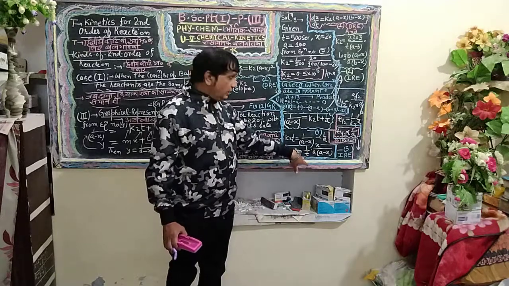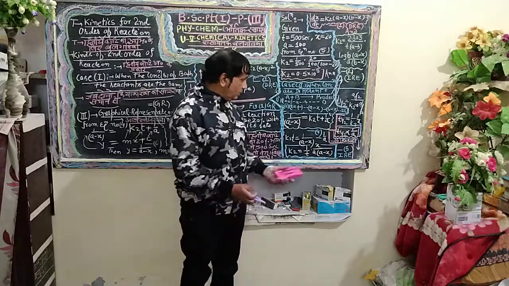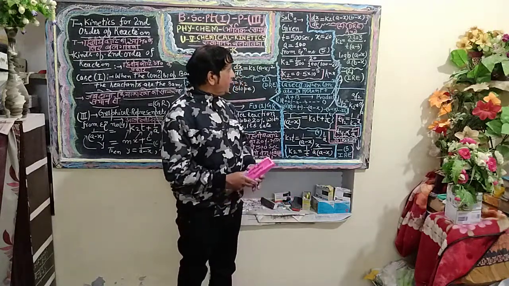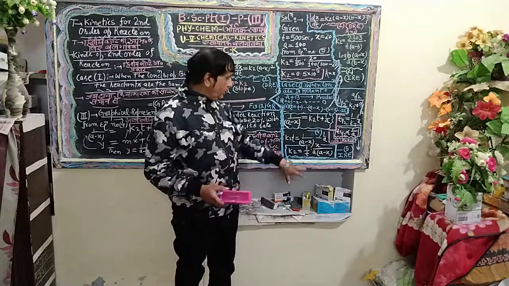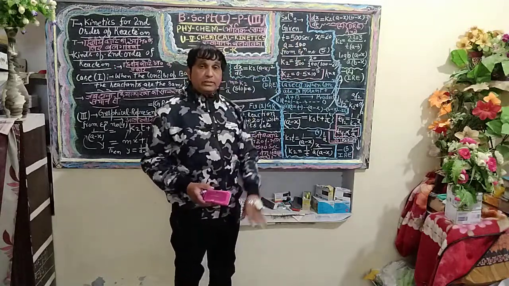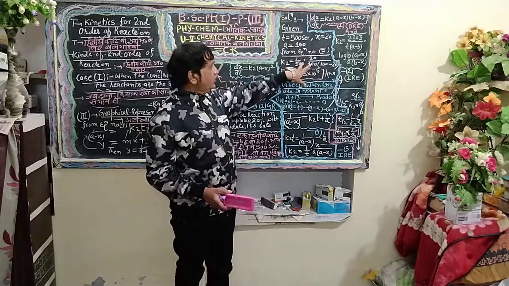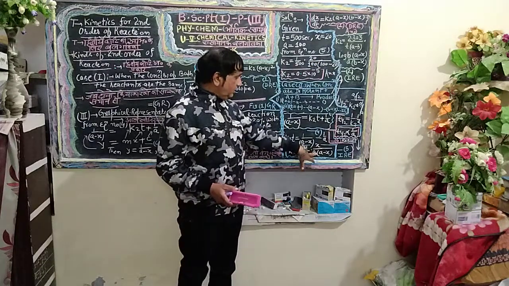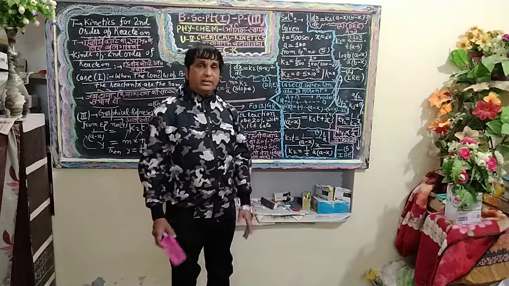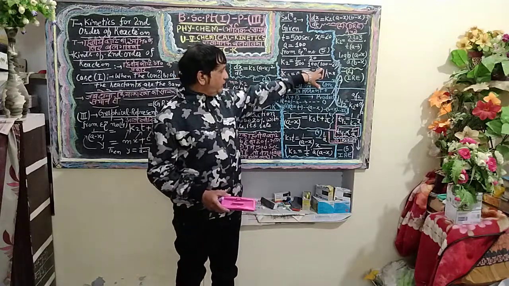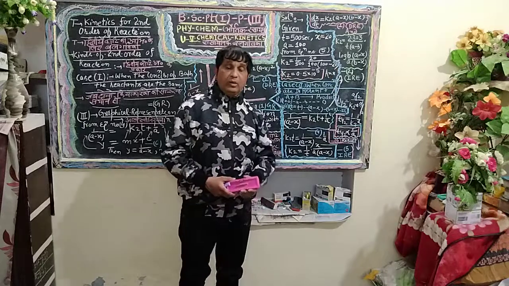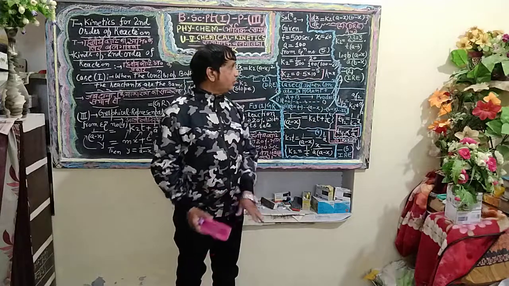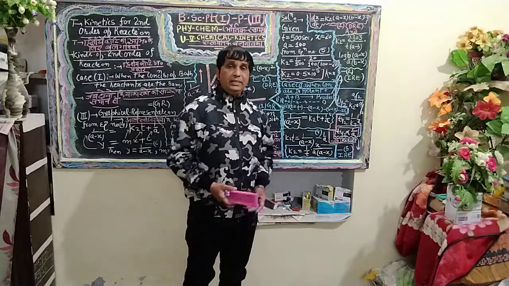k2 is equal to 1 upon t, where t denotes the time, x denotes the degree of dissociation, times a into a minus x. Here k2 is equal to 1 upon, now substituting, t is equal to 500 seconds, x is equal to 20 upon 100. Next, a minus x: a is the initial concentration of the reactant, so a is equal to 100, minus x, which denotes the degree of dissociation, 20. After solving, k2 is equal to 0.5 into 10 to the power minus 5. It is our final answer here.